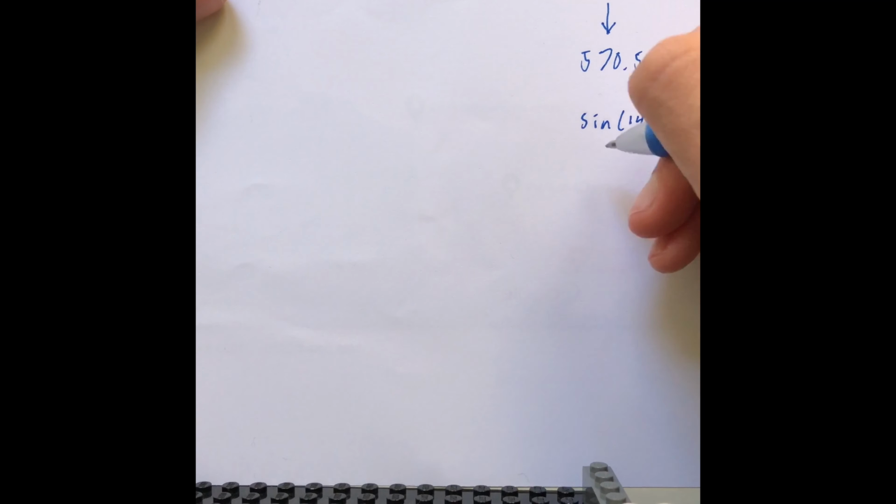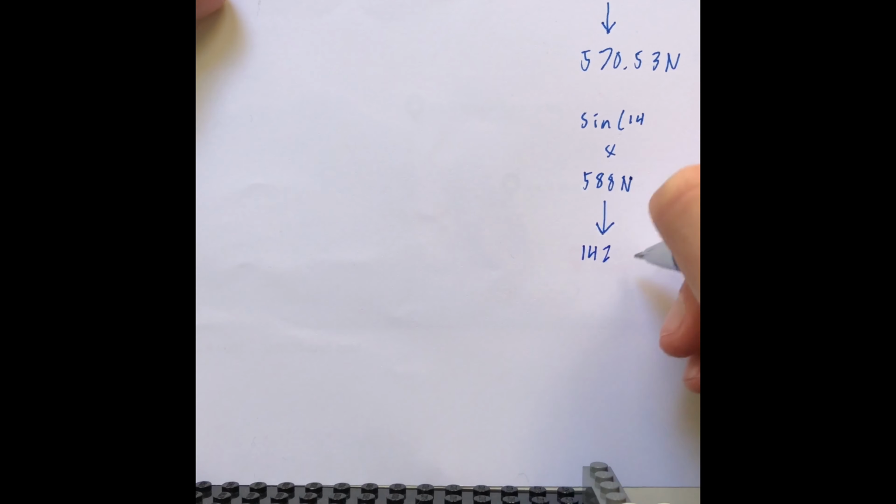And then we need to go ahead and figure out the applied force due to gravity. So that is how much gravity is tugging this thing down the ramp. And to do that, we're going to take the sine of our 14-degree angle, and we are going to multiply that again by our 588, which in this case yields, let me just put in newtons there, 142.25 newtons. So let's put that right here,